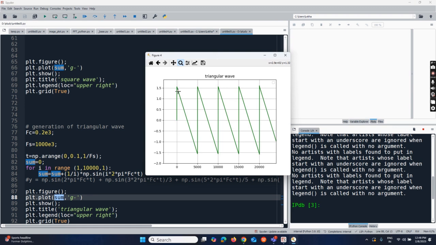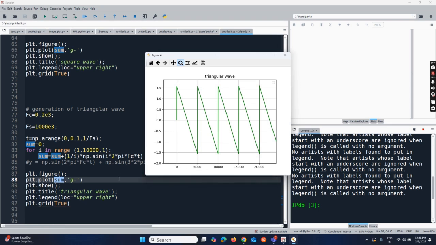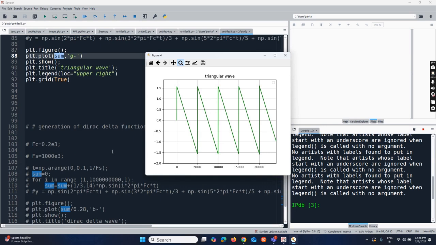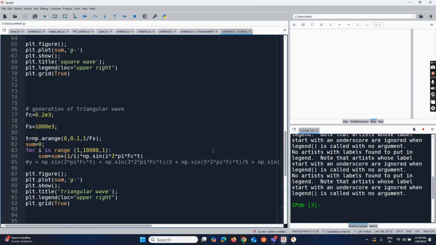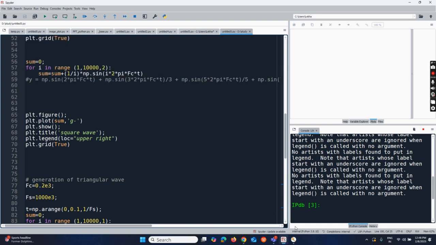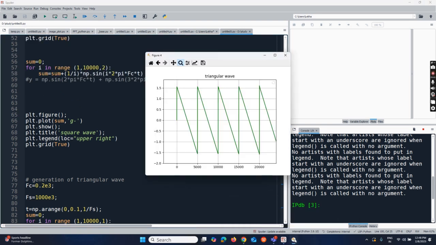If you see here, it's a triangular wave. Again, one period of this is 5000, from 0 to 5000. And in the same way, we can generate the direct delta function also. So we can generate any kind of tones or any